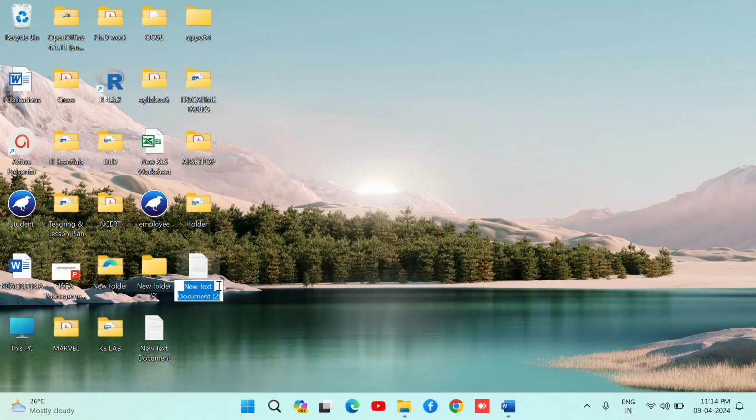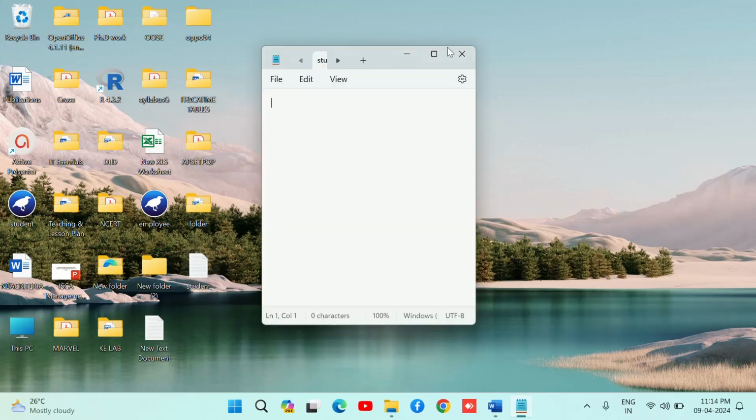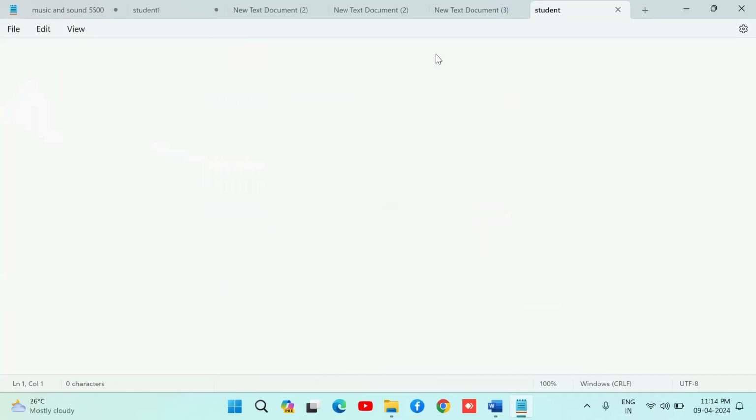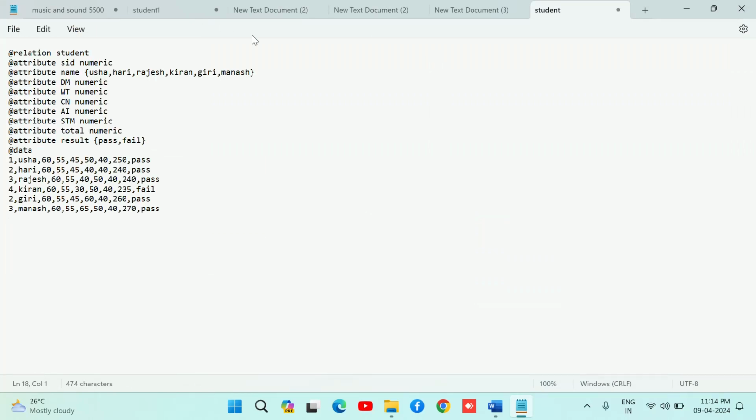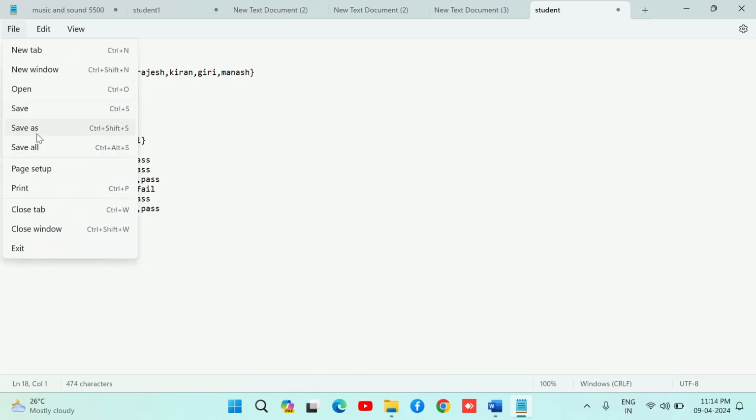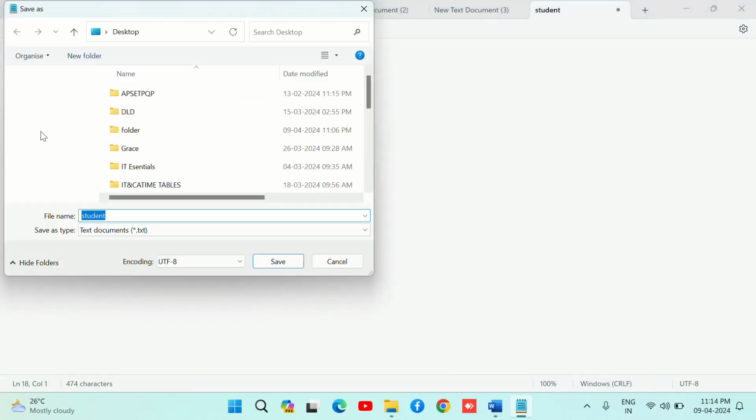I am naming it as student, or no need to name it now. We can name it later. And then you have to type this entire data, that is @relation student. Like this, after typing this entire data, click on file and click on save as, and under save as you can type as student